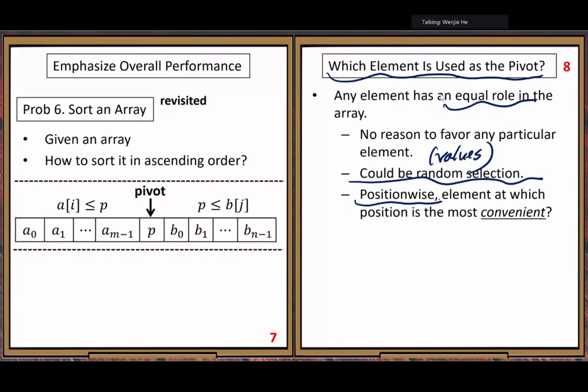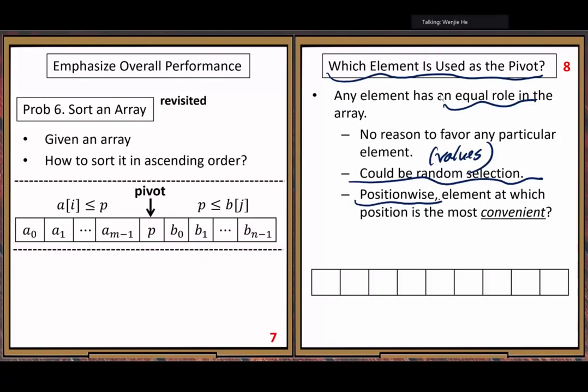So let's look at the next round of analysis. This time, we focus on position information. Let's look at a typical position somewhere in the middle of this array. Let's imagine if we put our pivot element in this position, what would happen? For a general random position you select somewhere in the middle of this array, think about your goal.